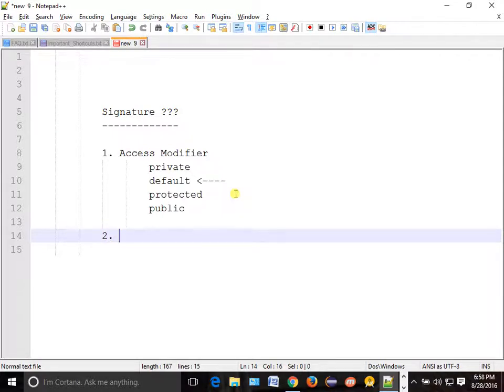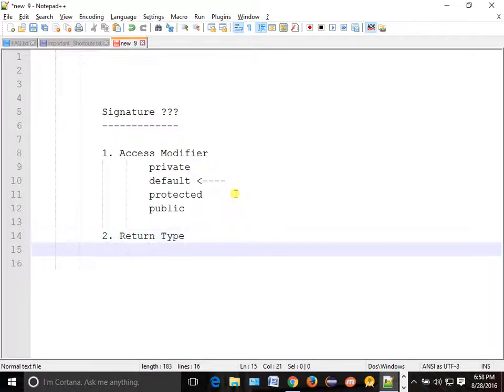Signature will contain the return type also. What is a return type? Return type means what is the output of your method. Typically, return type will be some sort of data type. What all data types are there? We will study while going through. But for timing, you can think of something like int, float, double, or else an object also.